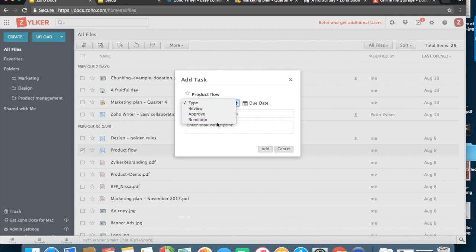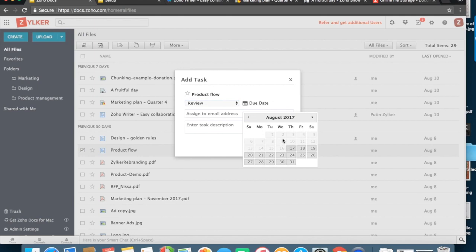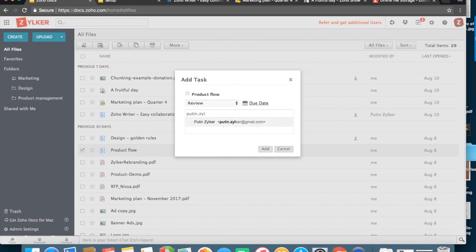So you select either one of the tasks that you want to assign your other colleague, and once you're done clicking on the option, you can set a due date for when you want the document to be reviewed or approved or reminded on, and then you can assign it to a particular user like this by just entering the email ID, and then you can also select a description of the task.